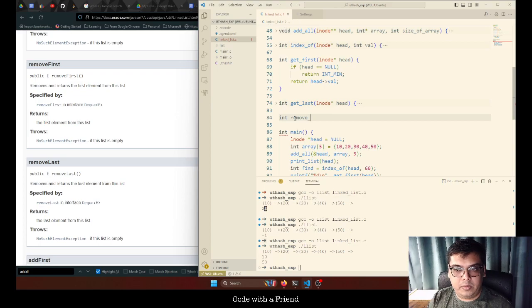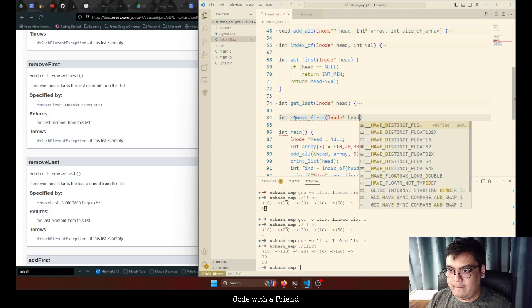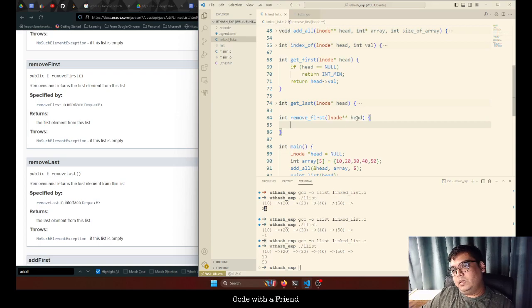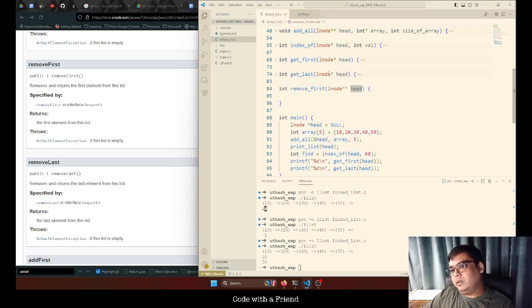Anyway, so we'll do remove first L node. In this particular case, we want to modify the head also. That's why we just need to change head. So the pattern is, if we are just reading, then we'll just pass a reference. If there's a possibility that we might modify, then we have to pass reference to reference and do that pointer to pointer thing. So remove first,